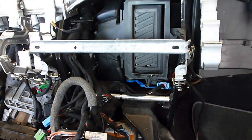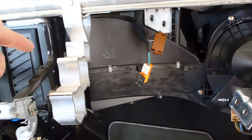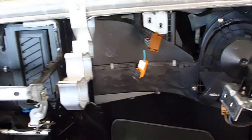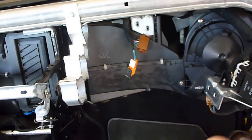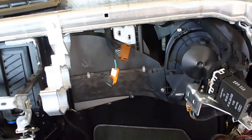I went to the glove box. The glove box I did second because there's a couple screws on the left side over here that need to come out that are hidden behind the trim. So in my opinion, on the 99 A4, do not take out the glove box first. Wait until you get the center out and then remove the glove box. So that came out,